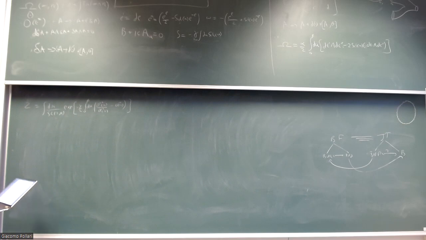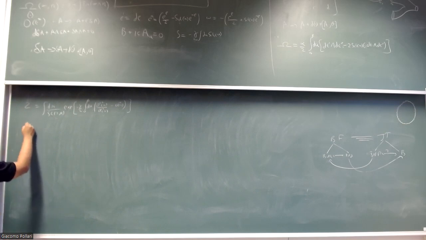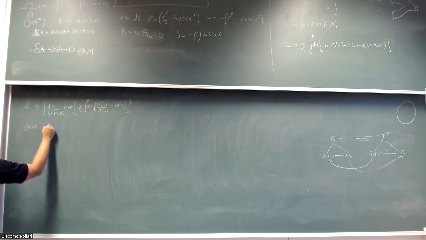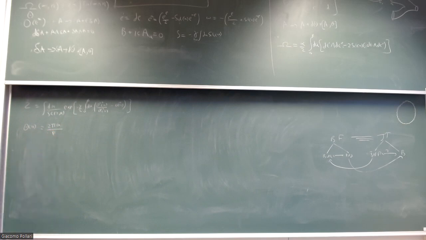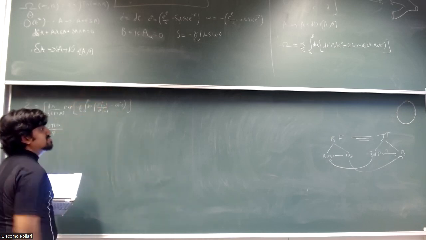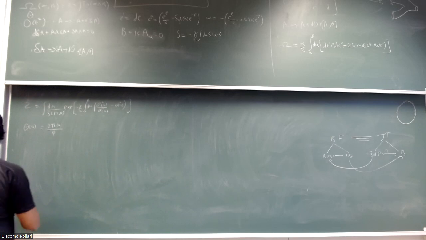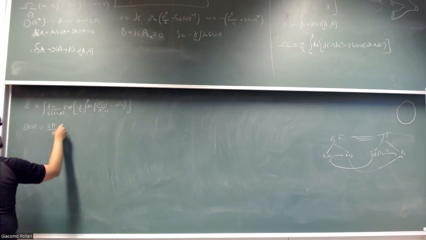So now we have to calculate it. For the classical case, solving the equations of motion, the Schwarzian action gives this as a solution. This is the classical solution for the Schwarzian action. Now what we want to do is introduce that wiggle so that you have corrections. So now this becomes